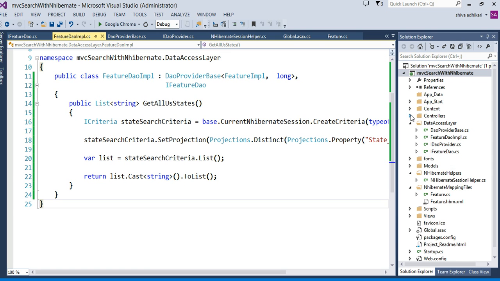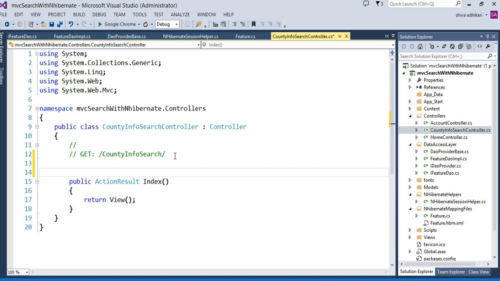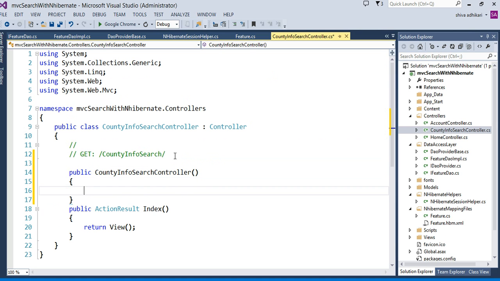Now basically I go into my controller, the county info source controller. Let's see if I can get all the state names. And here basically, let's go ahead and create a little, of course, if I had to write this in the real world, I would have dependency injection. I would be using either Ninject or Unity, there are so many different dependency injection IoC containers. That's what I would be using. But here, for the demo, I'm not going